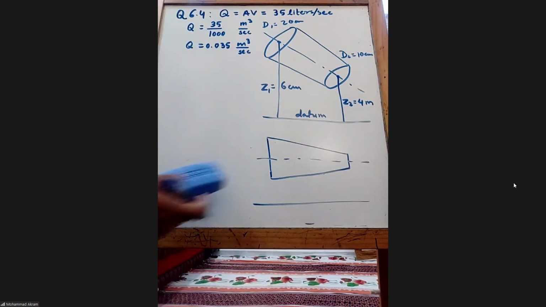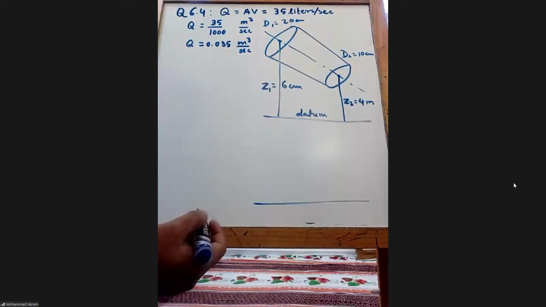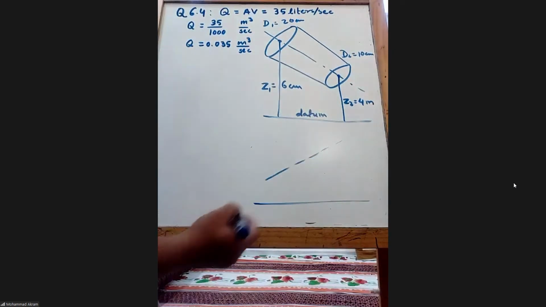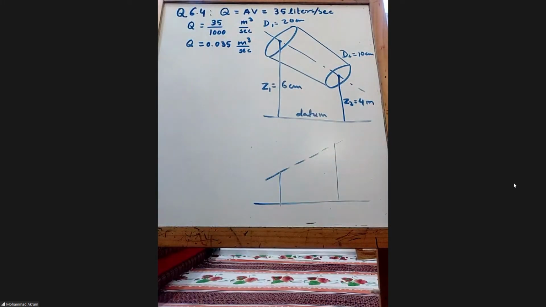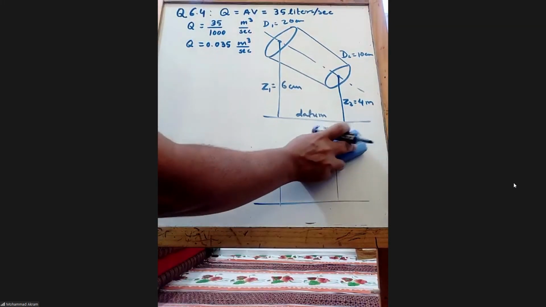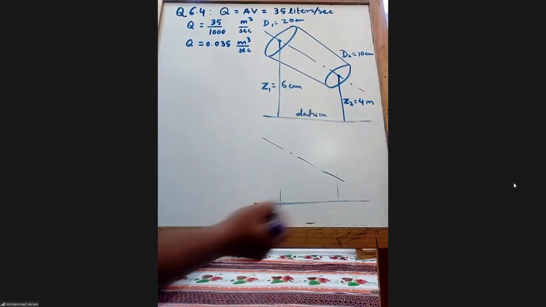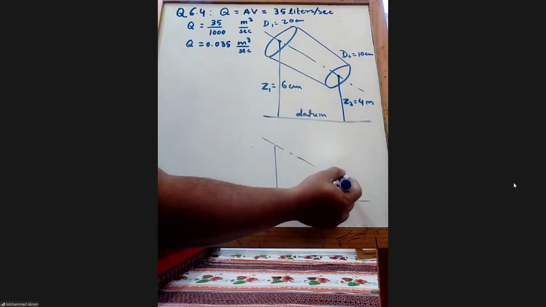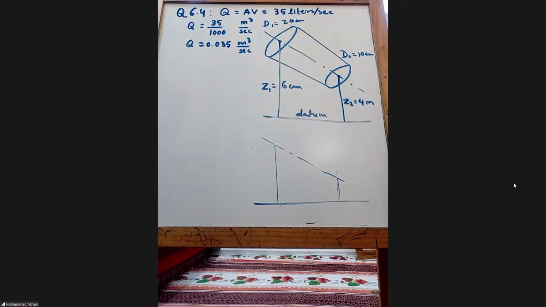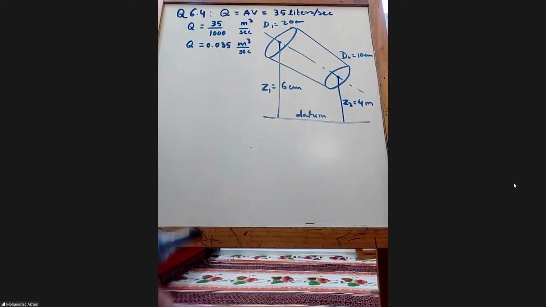Okay, in this case you can just read the Z1 and Z2, and based on that you can draw. If Z1 is less than Z2, you can draw like this, the center line, and then draw the pipe. How will you take this center line? What is it saying? Z1 is higher than Z2, like that. Based on this, you can draw. Okay, what else is given in this question?